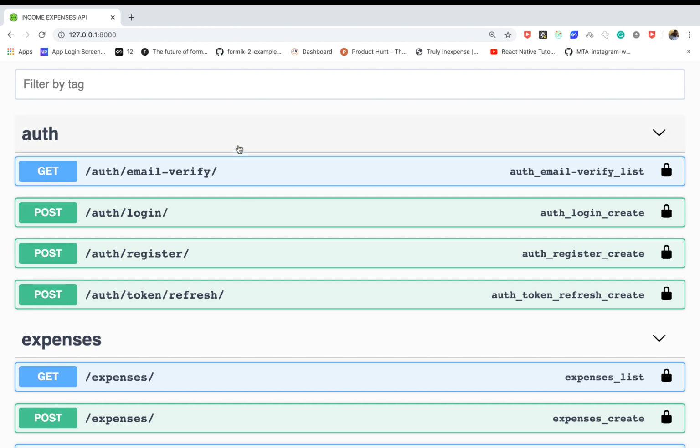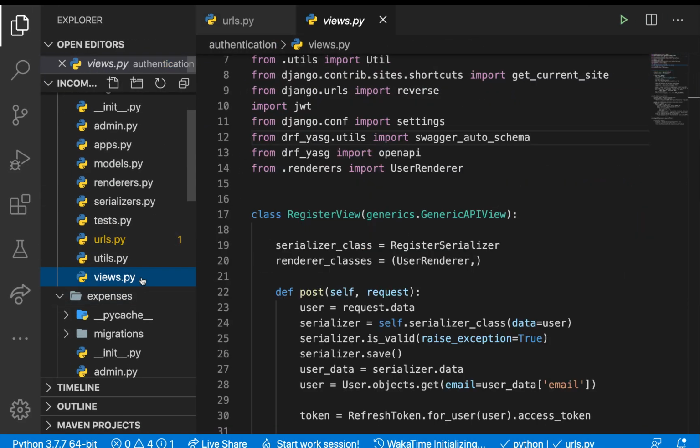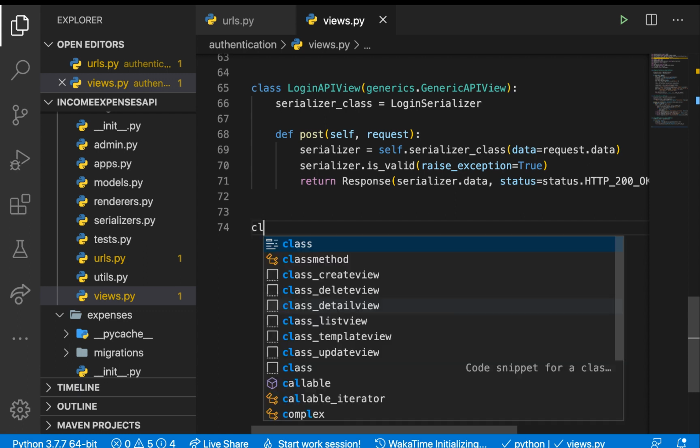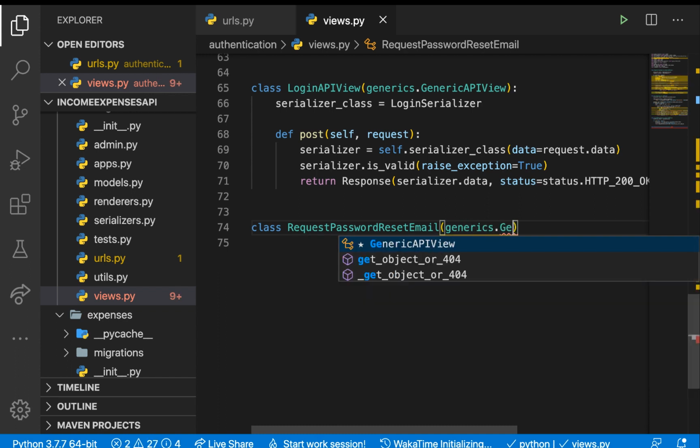So the first thing we are going to need to do is create an endpoint that can allow a user to submit their email, and then we send them a password reset link to that email. Okay, so going back, if we go to our views.py, here, we basically need to set up another class. So here, we are going to set up a class called password reset API view. So class, actually, to make it more mean what it's doing, I'm going to call it request password reset email. Okay, so this is going to be inheriting from generic API view because we want to handle our methods